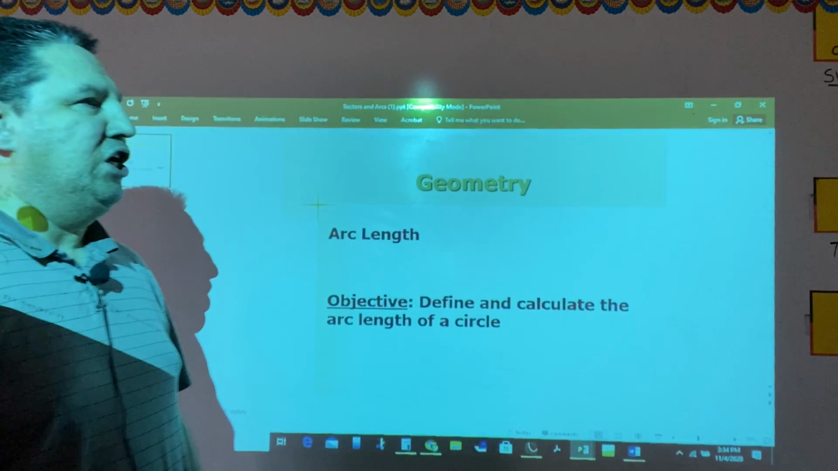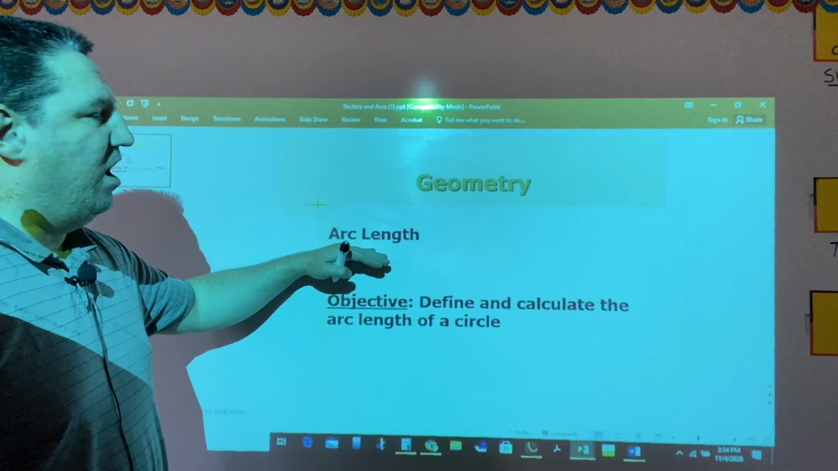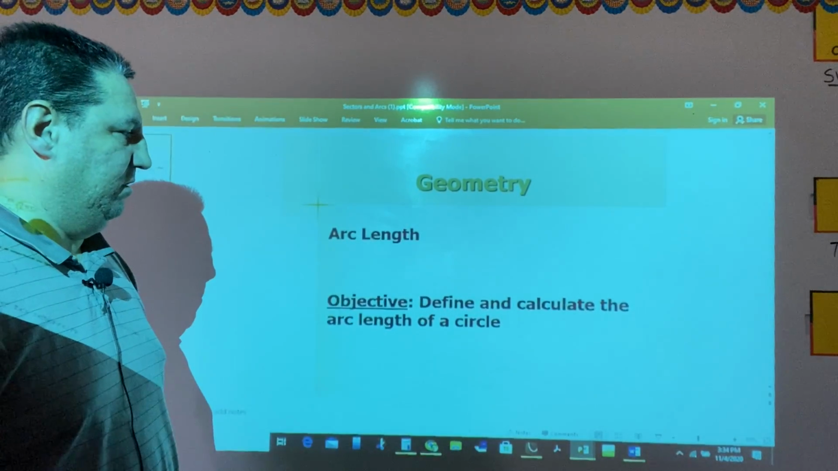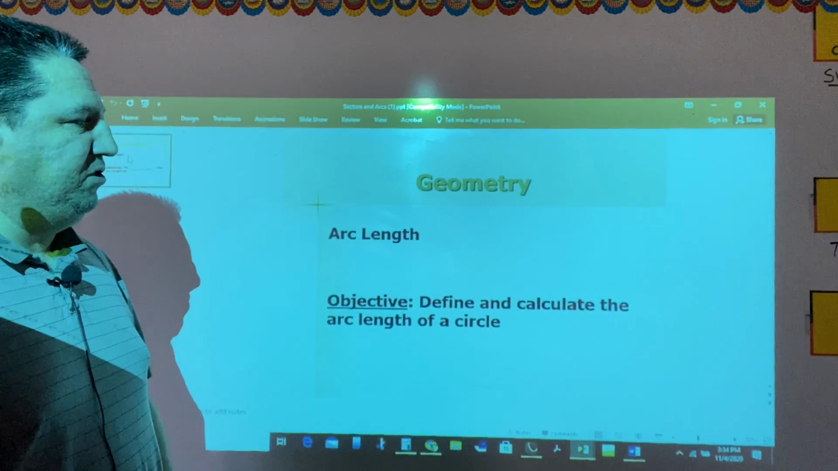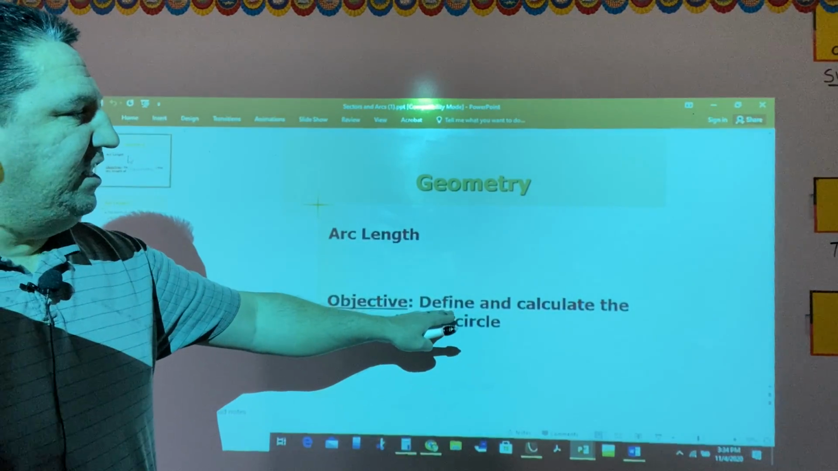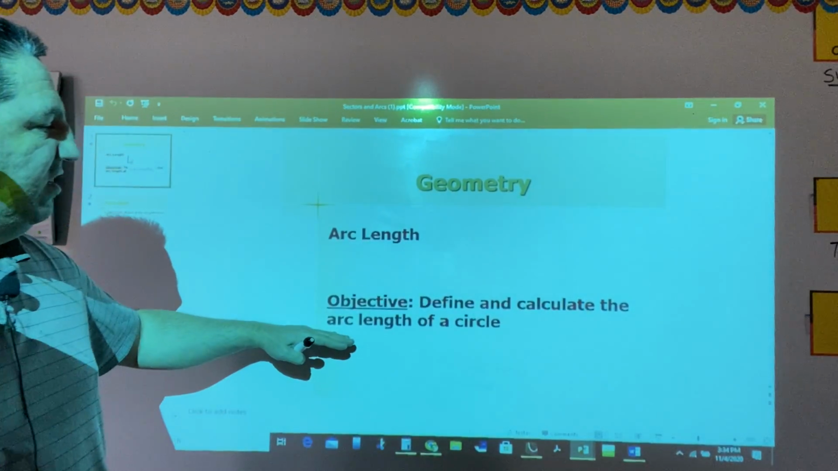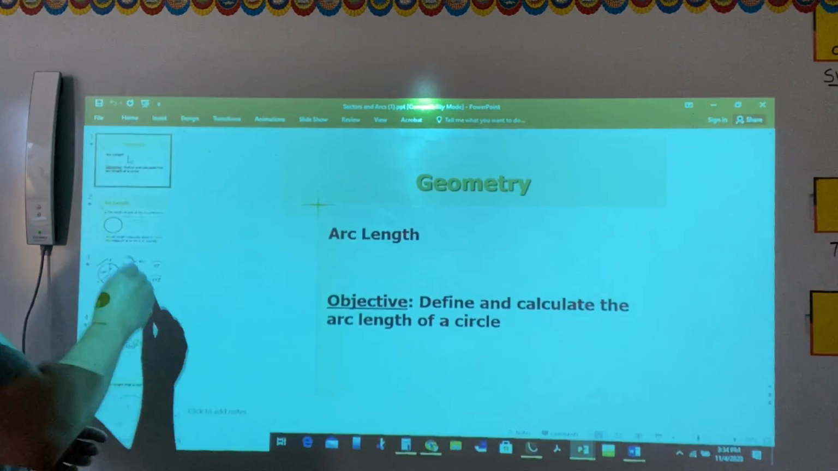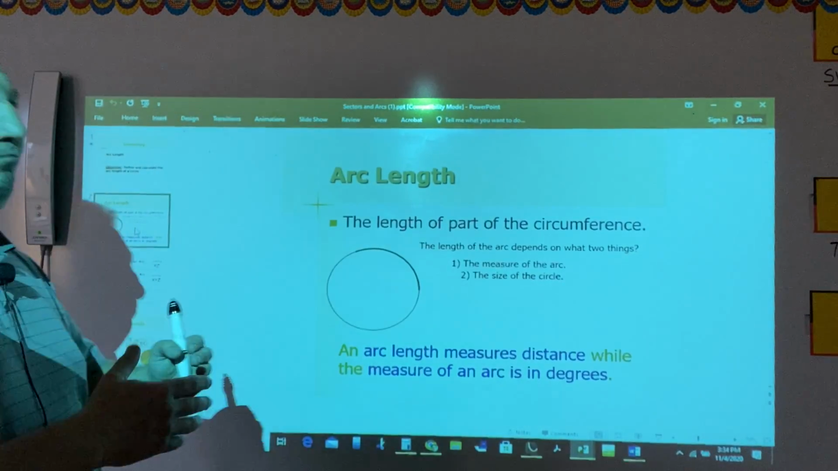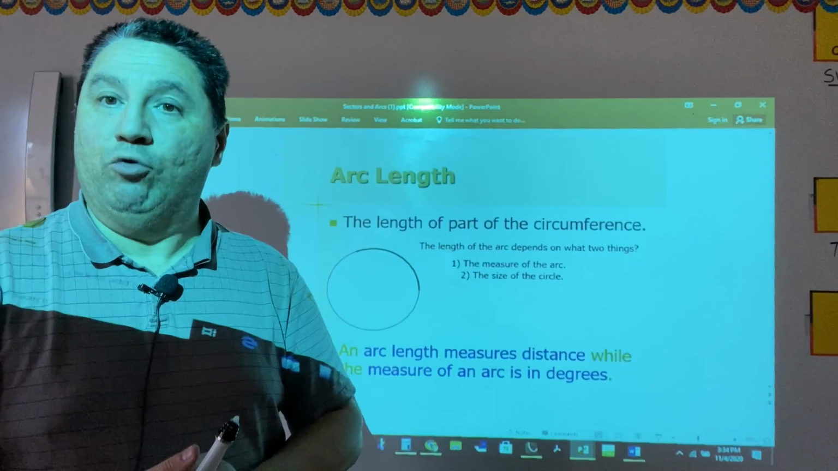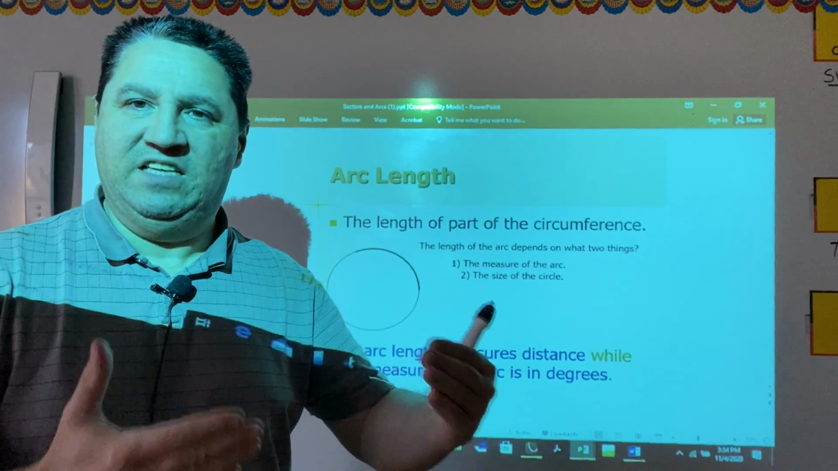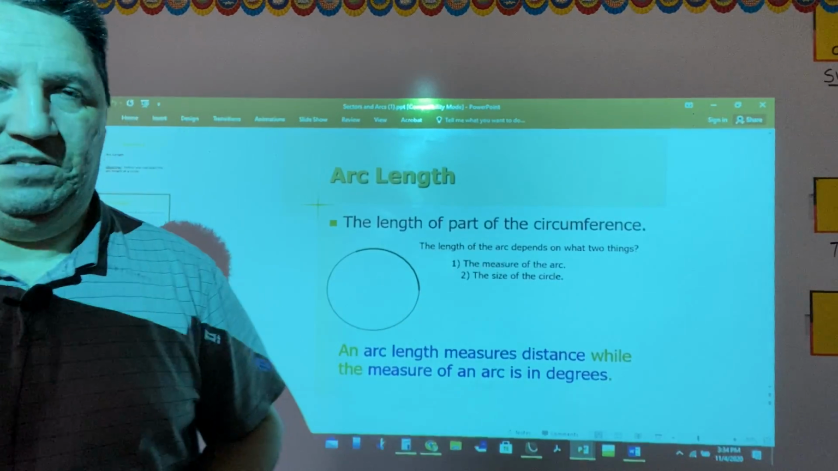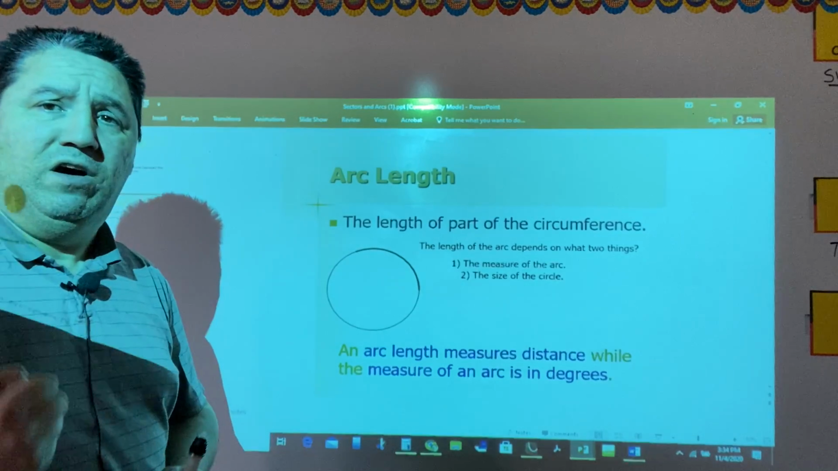Today we'll talk about arc length of a circle. As objective, we will define and calculate the arc length of a circle. Now, before talking about how to calculate or estimate the arc length of a circle, let's recall a few things